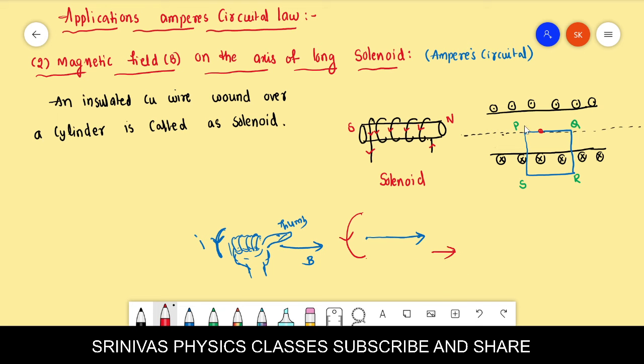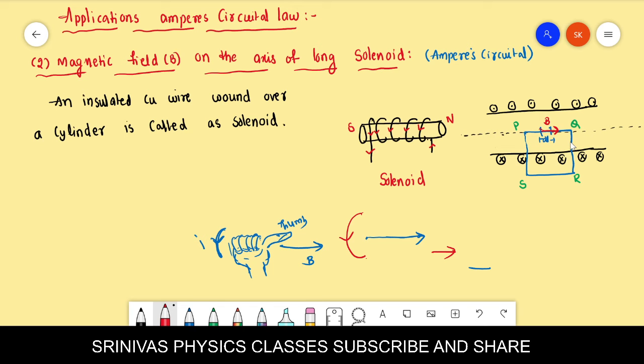In this, current is coming like this. Then we draw it here. The field is right side. Here we are taking the small element, right? We are taking the small element on this, whose length is dl. This is the small element whose length is dl. Now on that small element, the magnetic field is right side and dl is also right side.